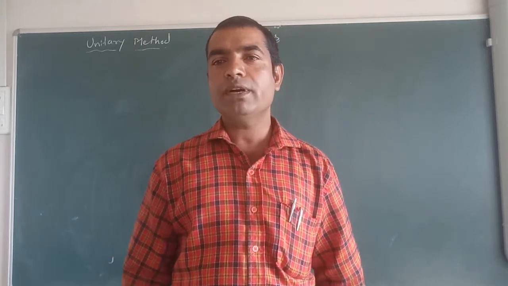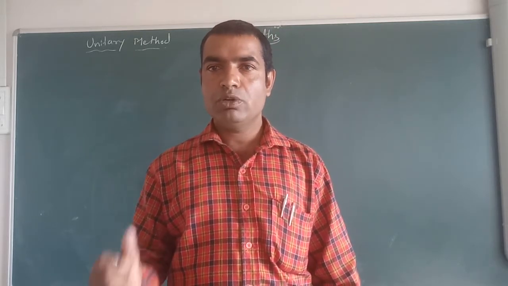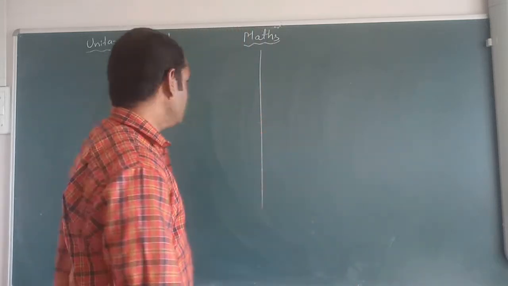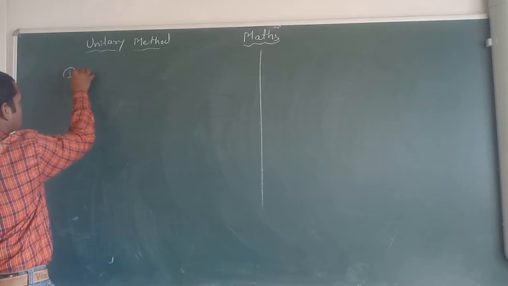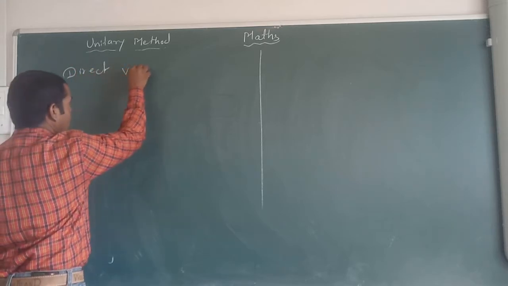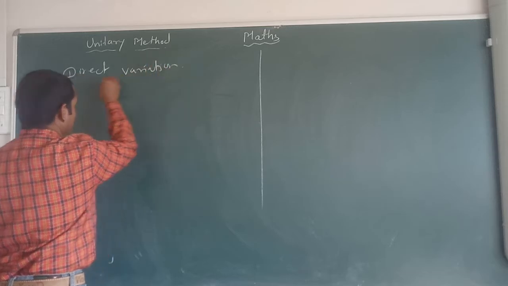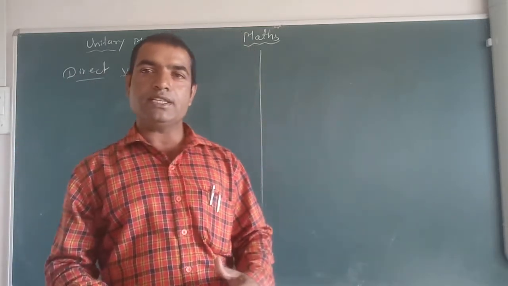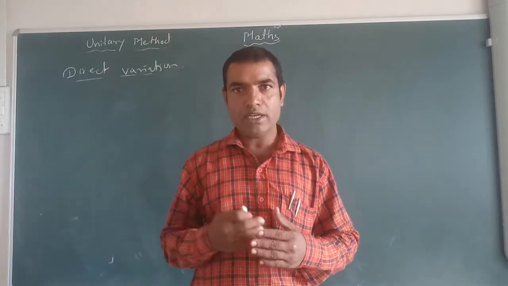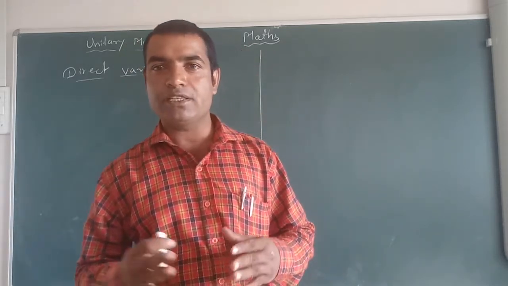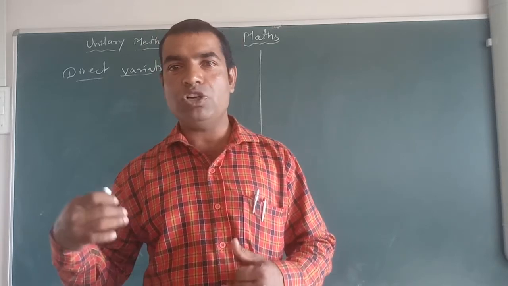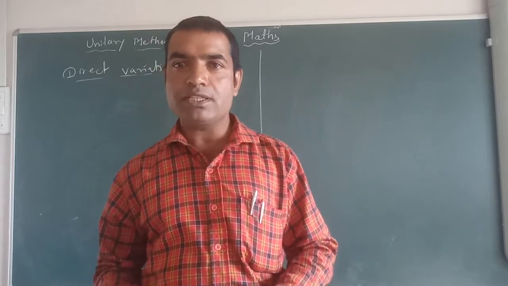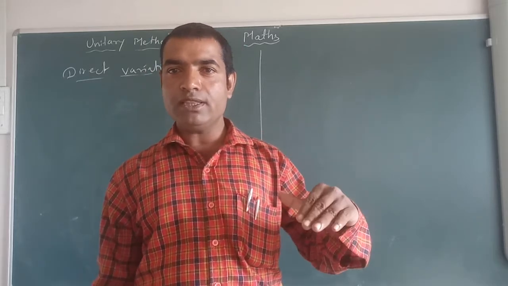So what is meant by direct variation and inverse variation? We will see it here on the board. Now I am going to explain direct variation first. Direct variation means that whenever one thing is increased, then the second thing is also increasing. For example, suppose 10 pens are there, cost will be 100 rupees. If we have purchased 20 pens of the same type,